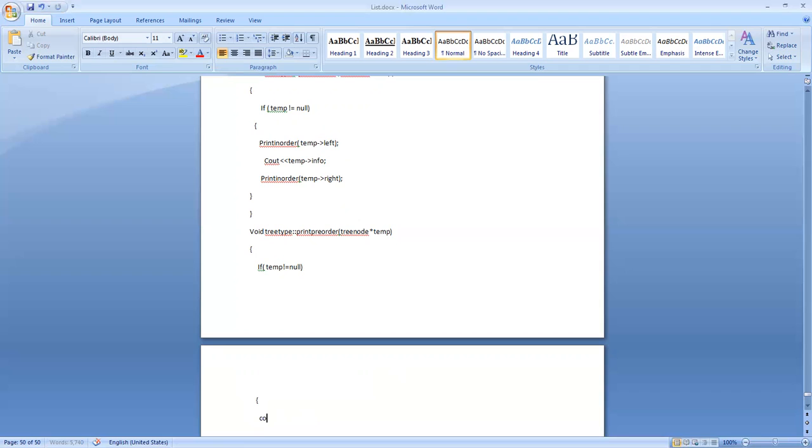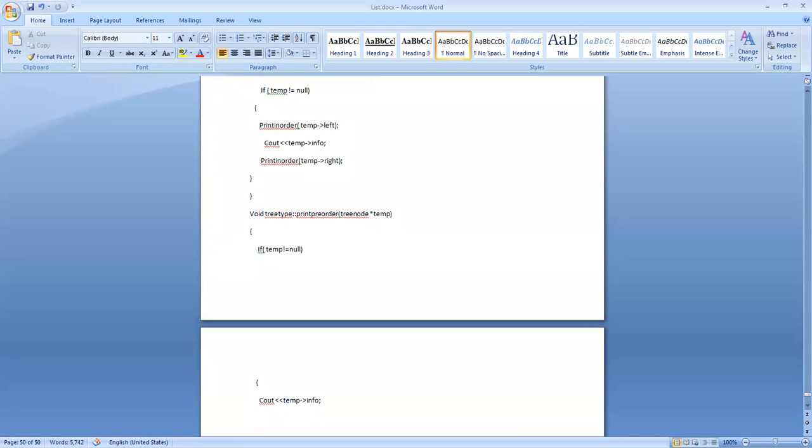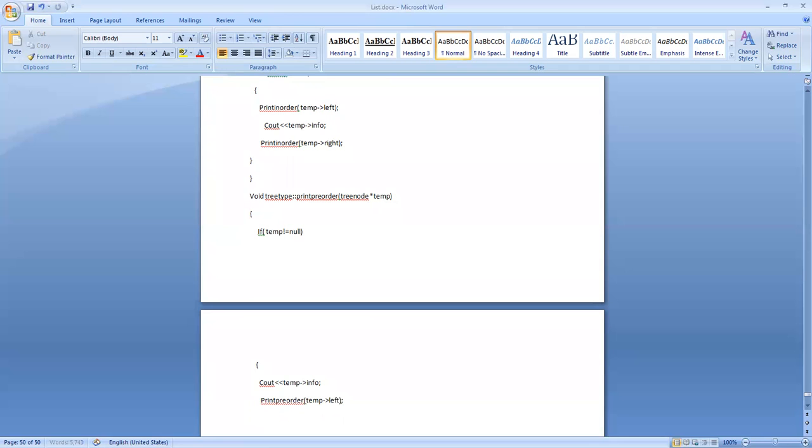So cout temp reference info, then you go to the left side: print pre-order temp reference left, then print pre-order temp reference right.